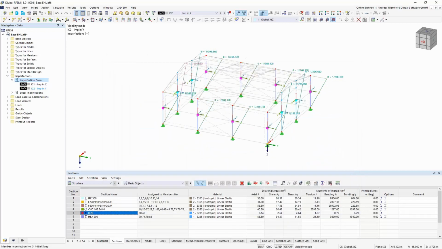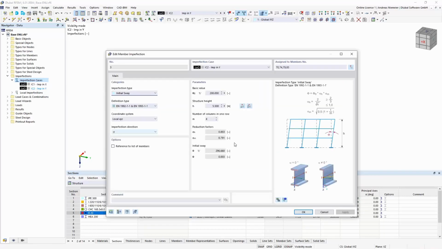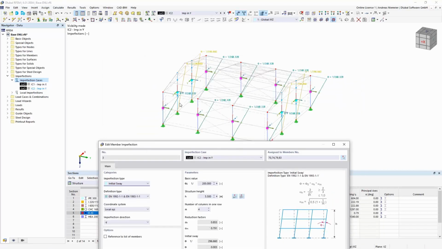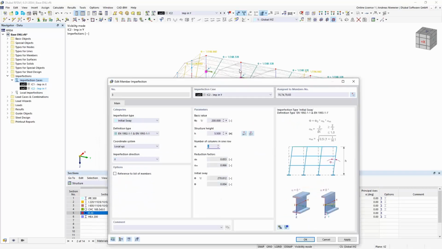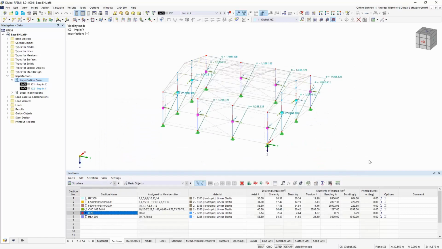And now let's change the imperfections for the mid column. Here select, edit members into, we have here Z direction, Z 200, height is correct, but only the amount. So, and now even the imperfections are defined.